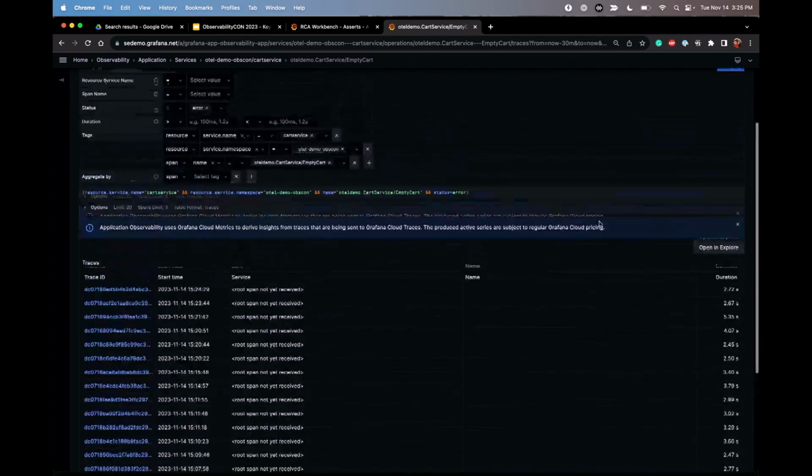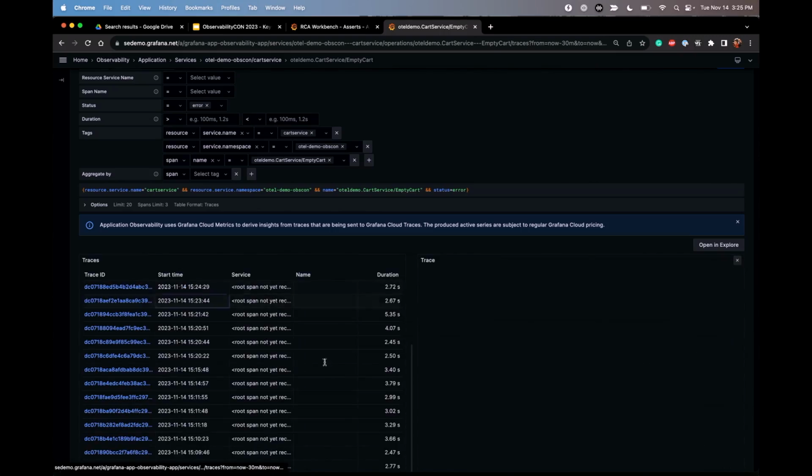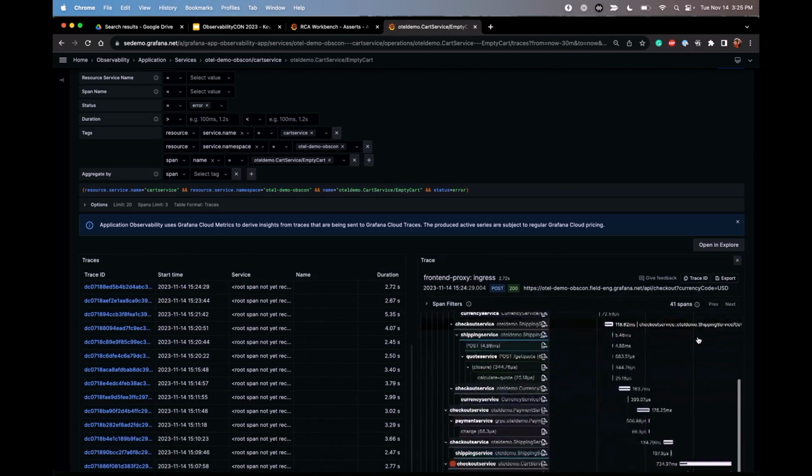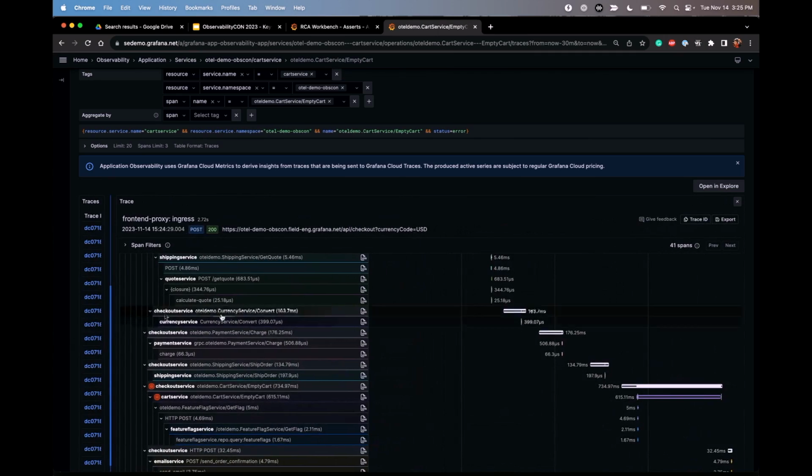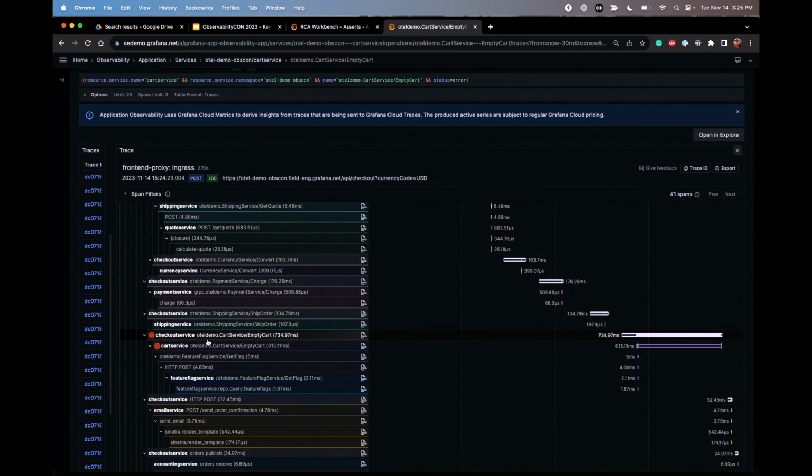And I think we're good to go. Let's see. Alrighty. Okay, I'm gonna expand this a little bit. Okay, so Myrle, do you remember that I told you earlier that the checkout service is also affected by the cart service? Look here that indeed we can confirm that operations coming from checkout service to the cart service are actually failing. So both services are failing right now.